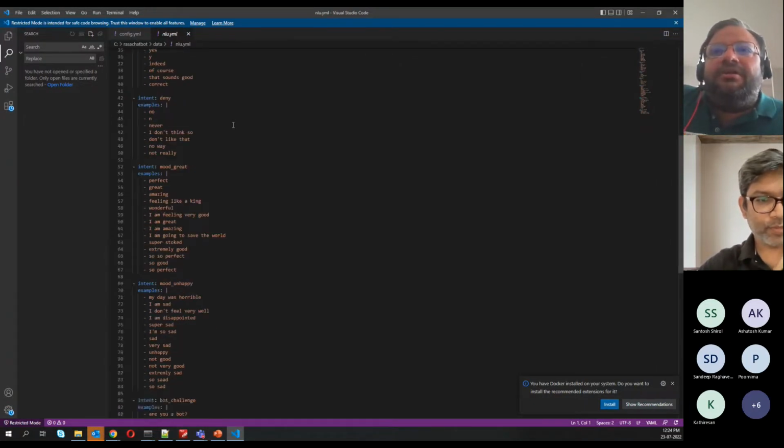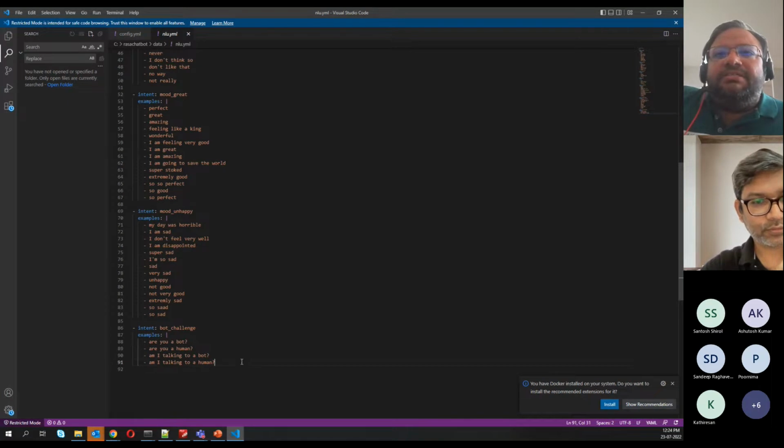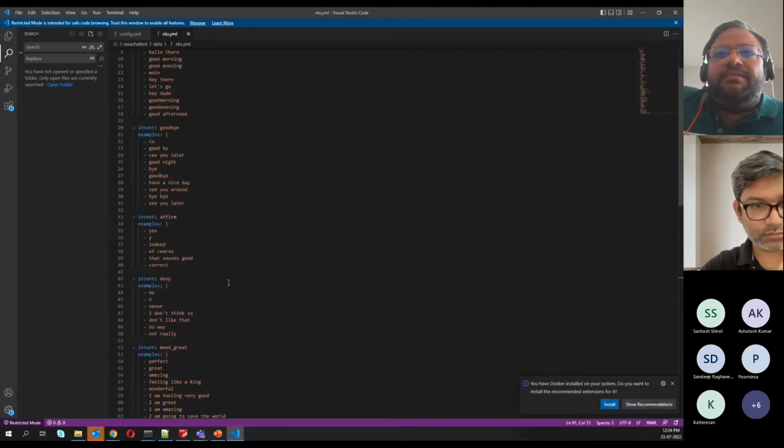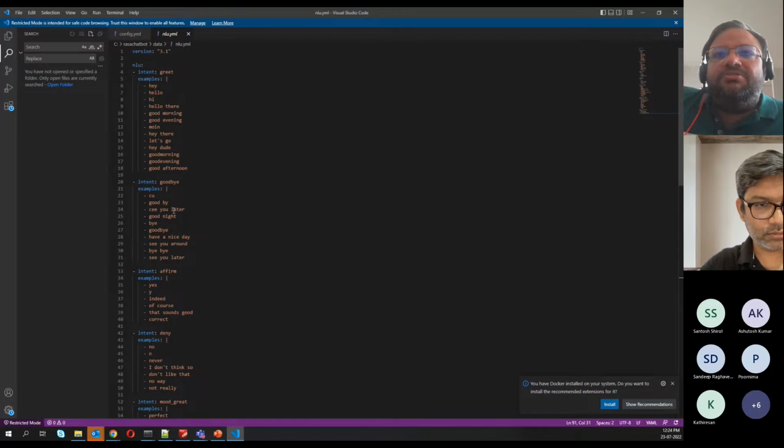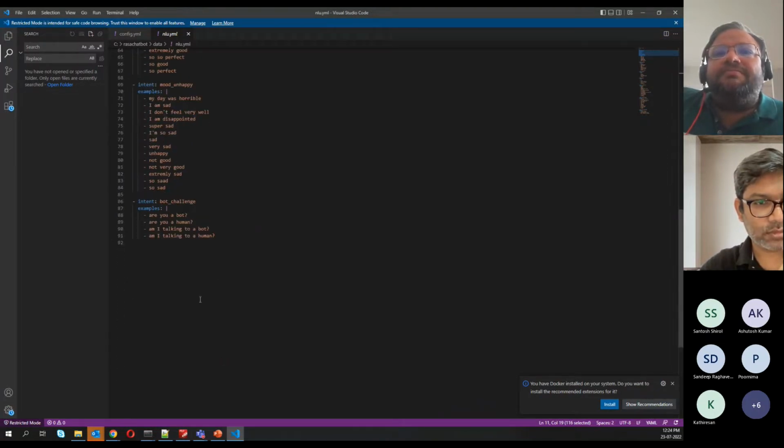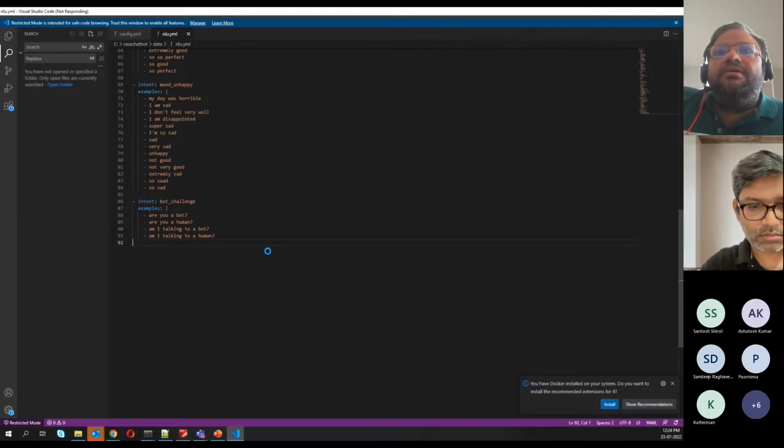Okay, NLU.yaml. In the end, just copy paste this intent, a couple of lines, and then we'll modify it. Let me just copy a few lines from there. Yeah, that's it. Not the entire thing. We don't want to have so many examples. Copy it in the end. Have you copied it?